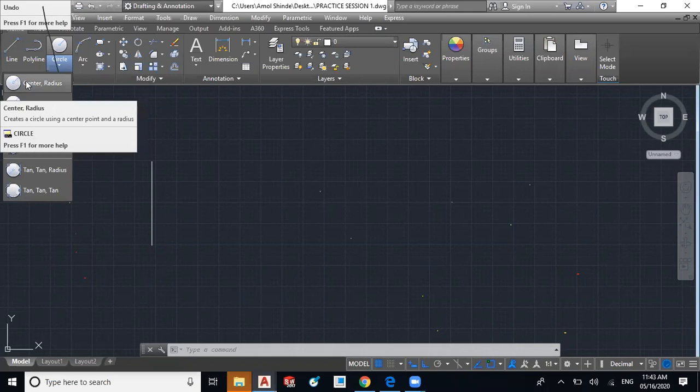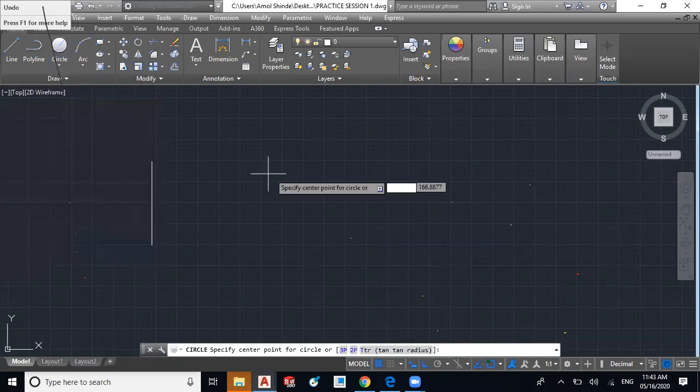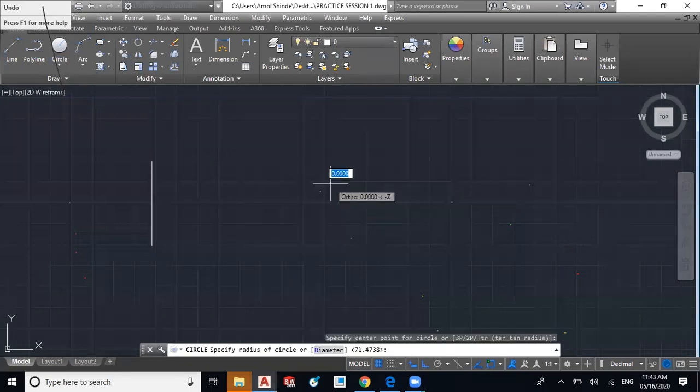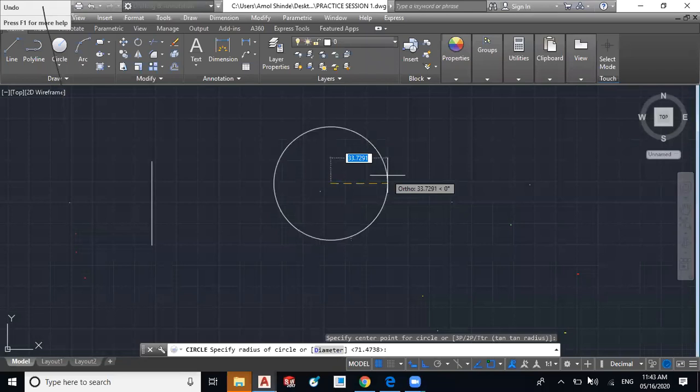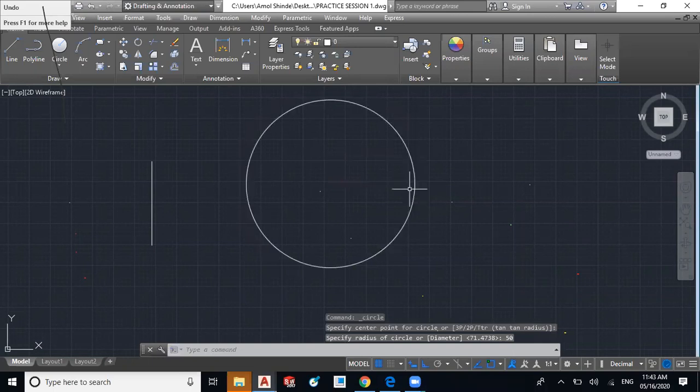So I will use this center radius. Now I have to specify the center point, then drag outside and specify the radius of that circle. Suppose it's a 50 mm radius circle, so I have specified 50 and pressed enter. So I have created this circle of 50 mm radius.